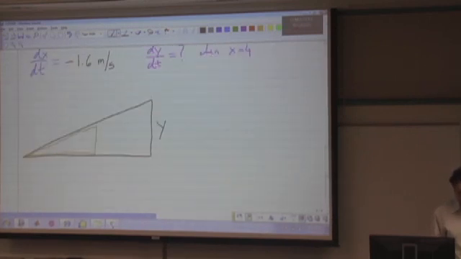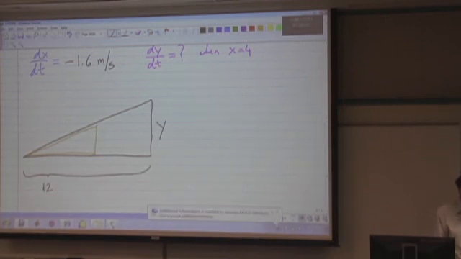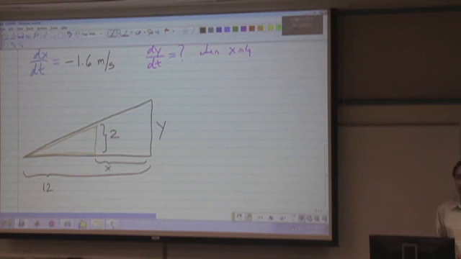This is y. This is 12. Right? This is 2. And this piece is x. Right? So then this piece is 12 minus x. Right? And if I label these A, B, C, D, and E,